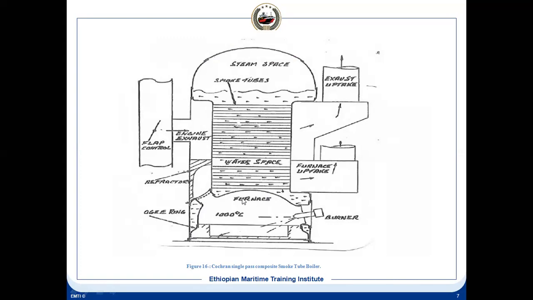Now the furnace plating, as we said earlier, is made of a single seamless plate, and then it is connected to this OG ring. The OG ring has greater thickness than the furnace plating, and then the OG ring connects to the side shell of the boiler. So basically, the OG ring is taking the weight of the water which is above the furnace, and also the OG ring is made thicker because the circulation in way of the OG ring is not very good.